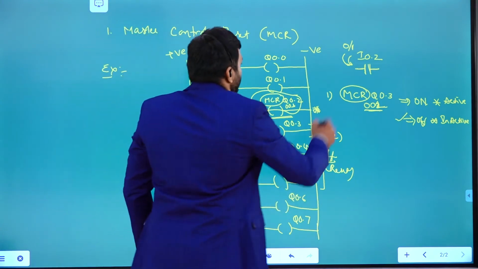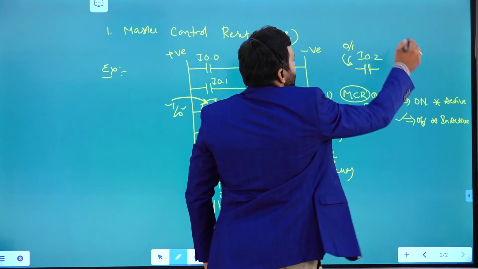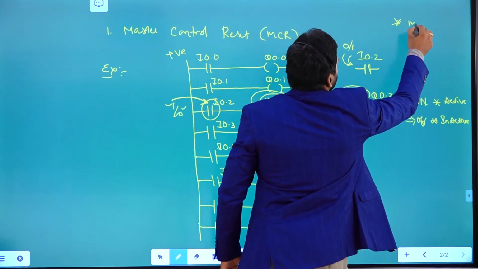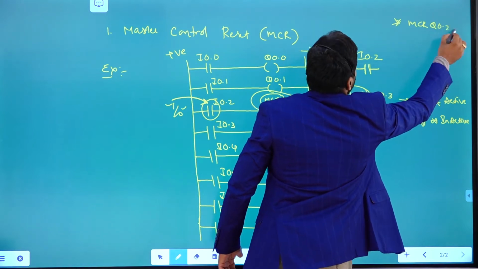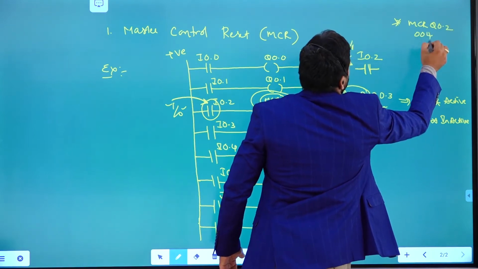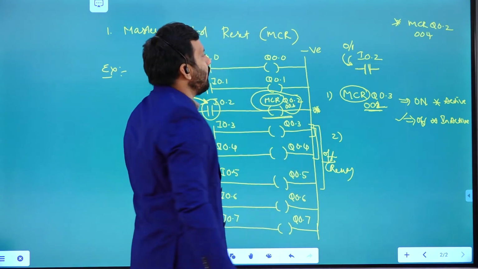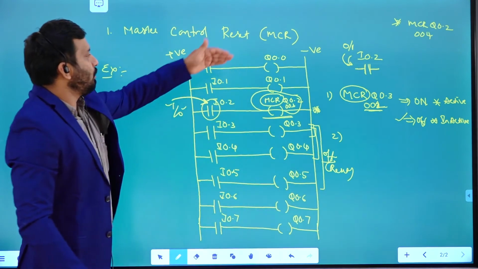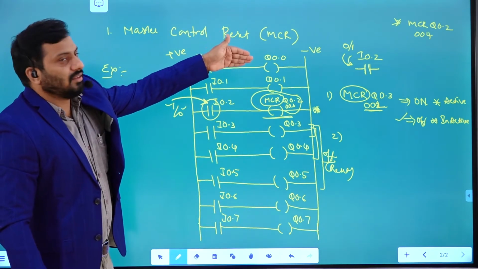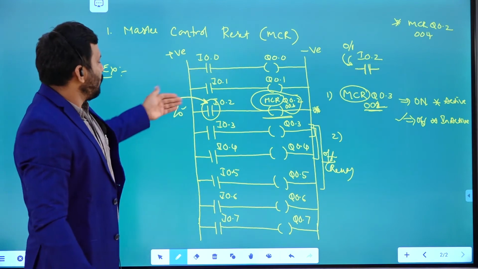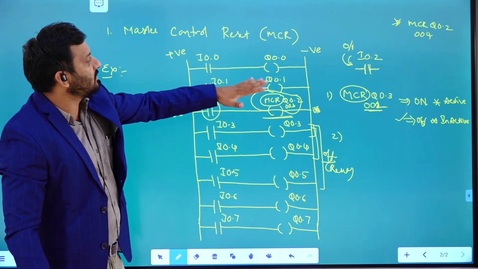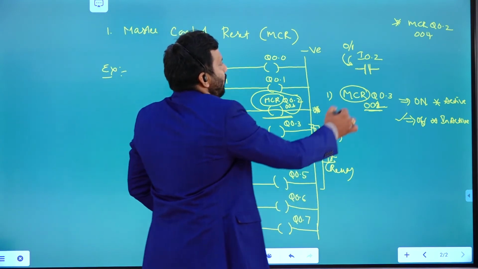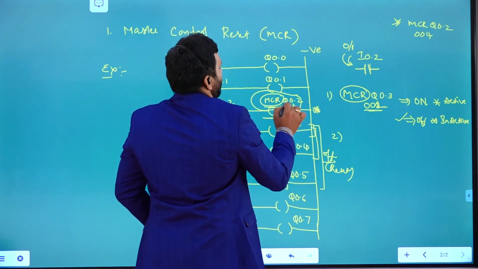Now, for example, if someone has written MCR, Q 0.2, 004, for example, over here, then what will happen? Whenever the input is 0, the master control reset is going to be inactive, and then it is going to reset 4 rungs following that particular rung.